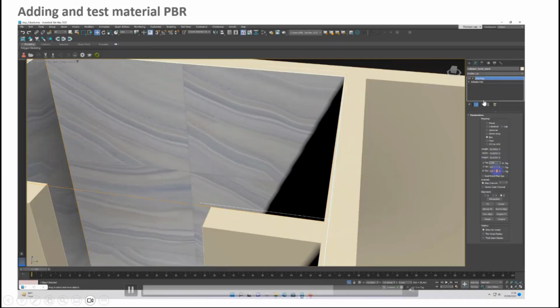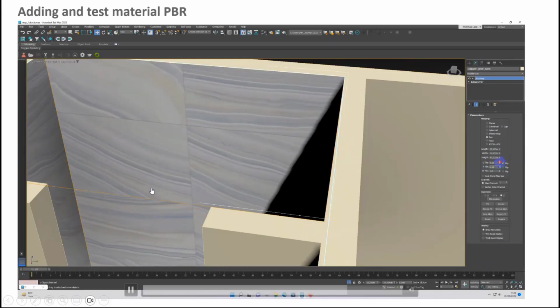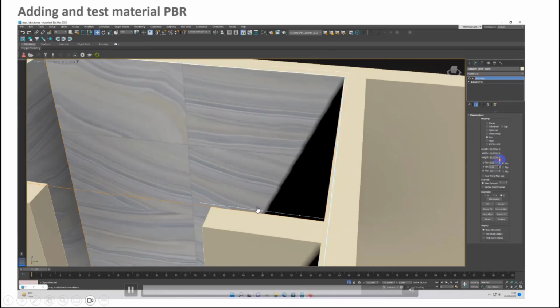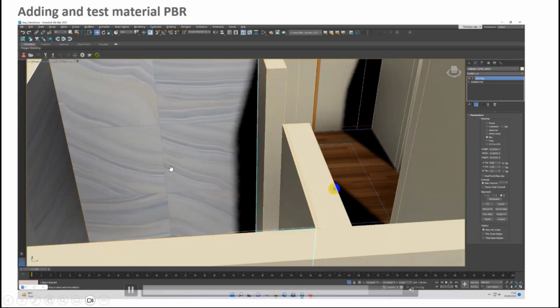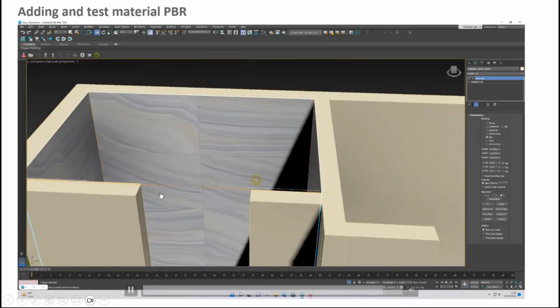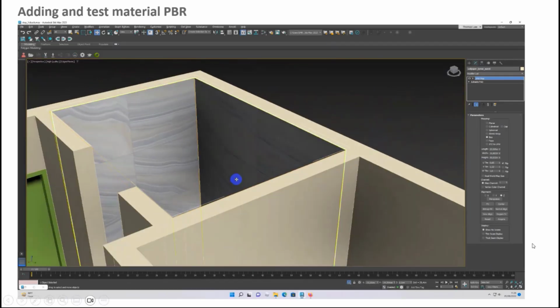See, I'm using the UV map to define which wall I need to create from the model. This is by using PBR. Let's say this is the porcelain for the bathroom.